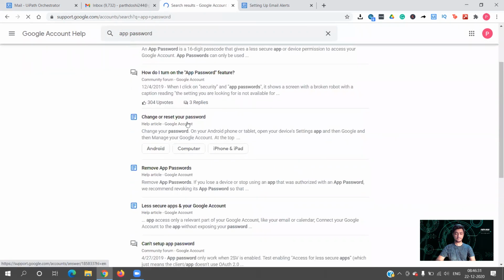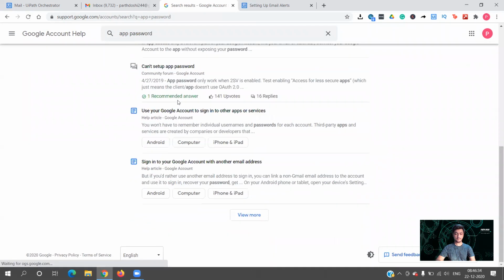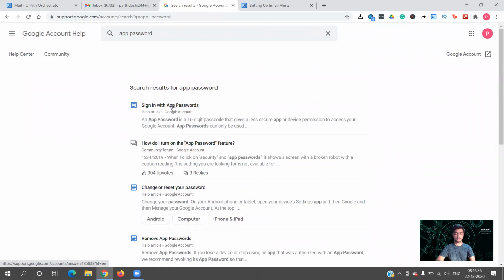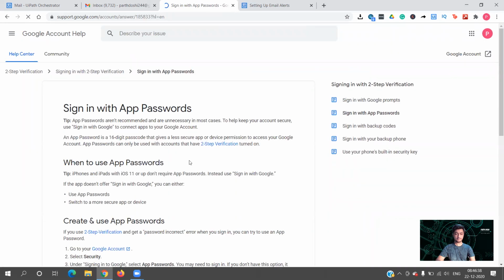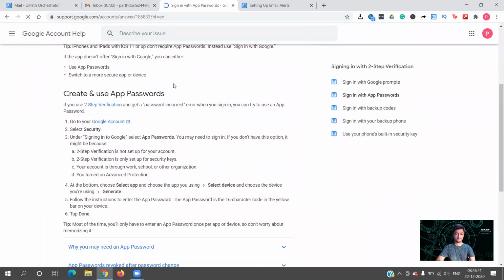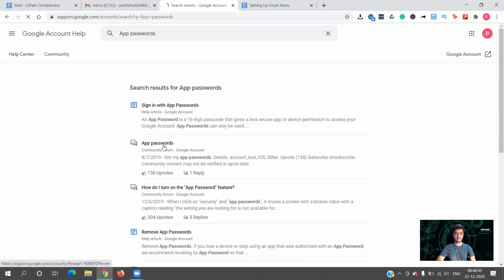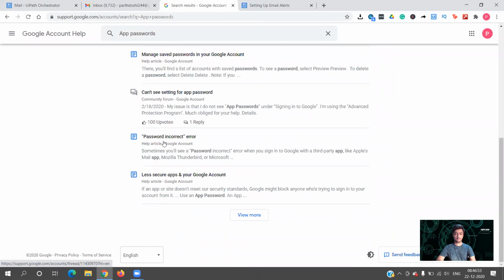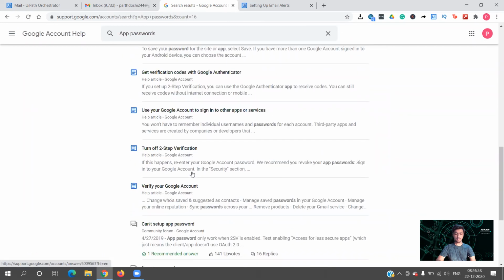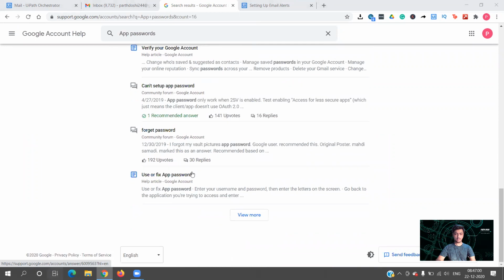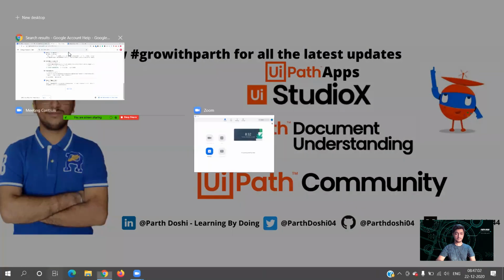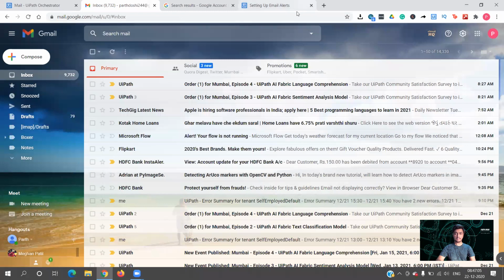Okay, sign in with app passwords. Okay, I think it is not visible over here for some reason. But let's see in the documentation.